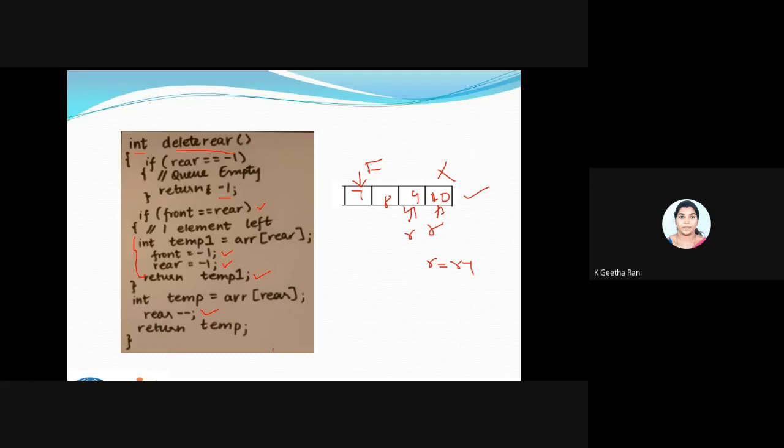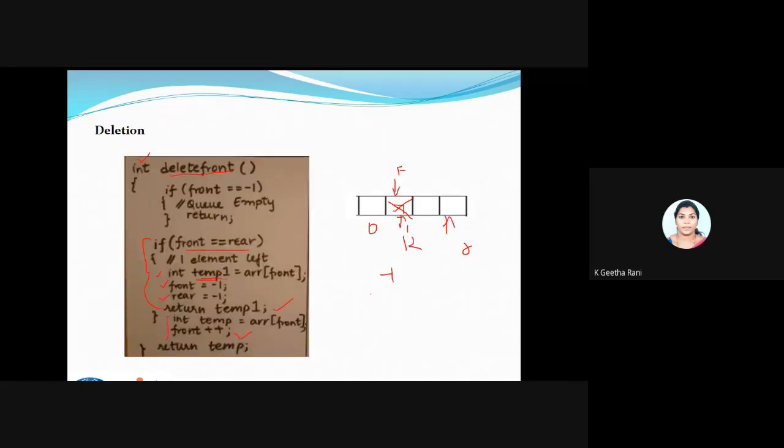Fine. So that's all the 4 operations are. Fine. So make a practice to learn the concept of queue, so that you can try to write your own code. You can write your own pseudo code and a program also. Fine. So we have these conditions and all. Make sure about 2 things.